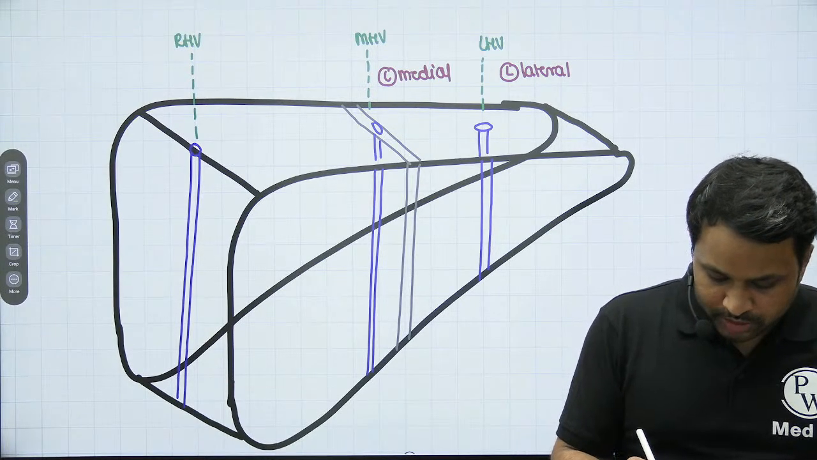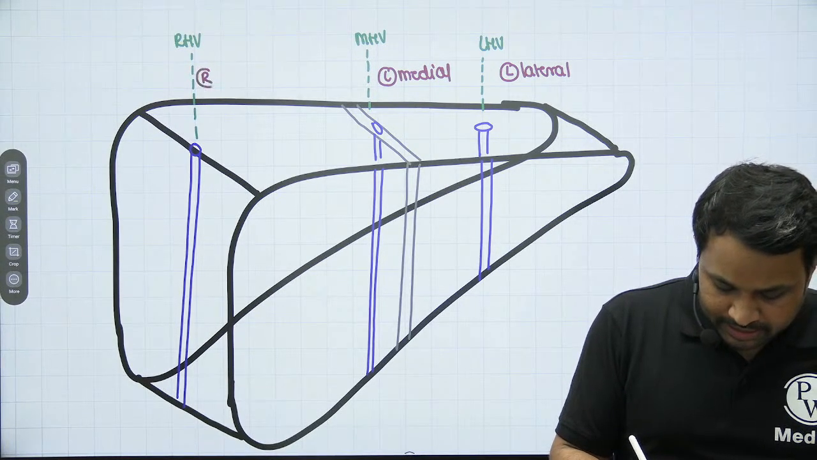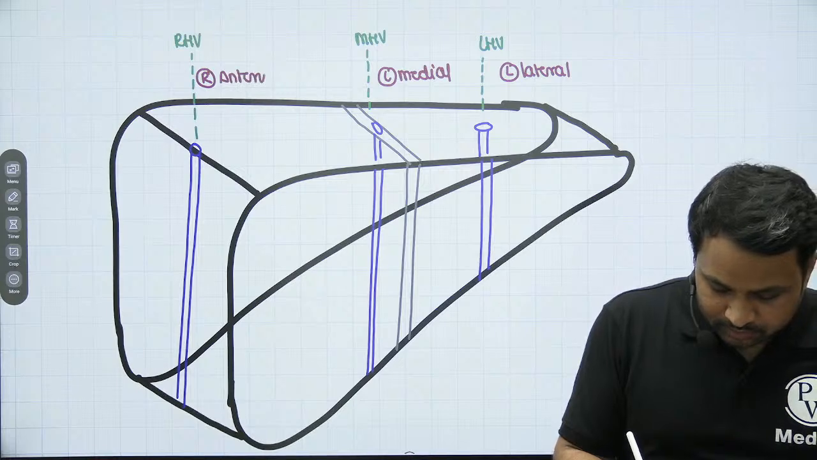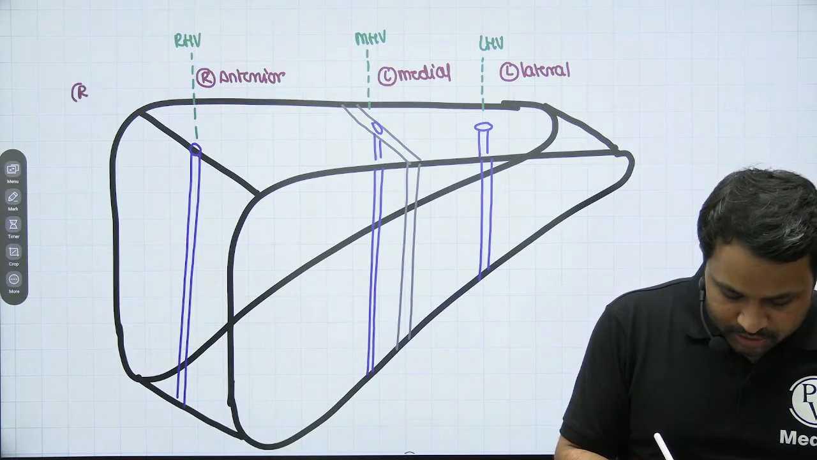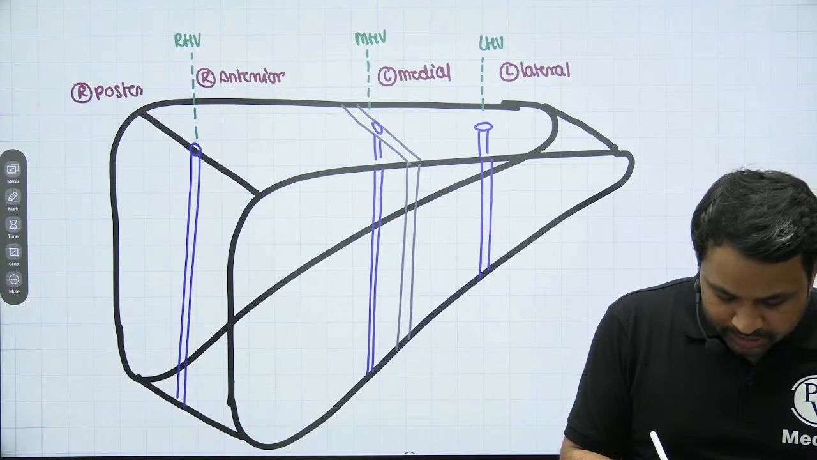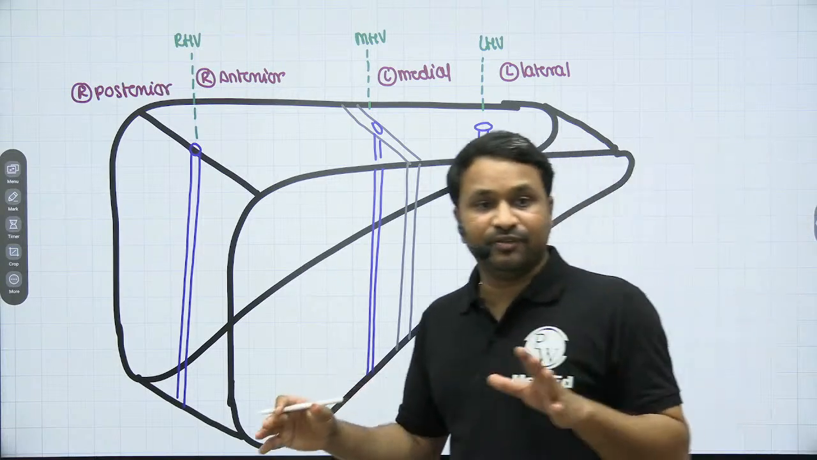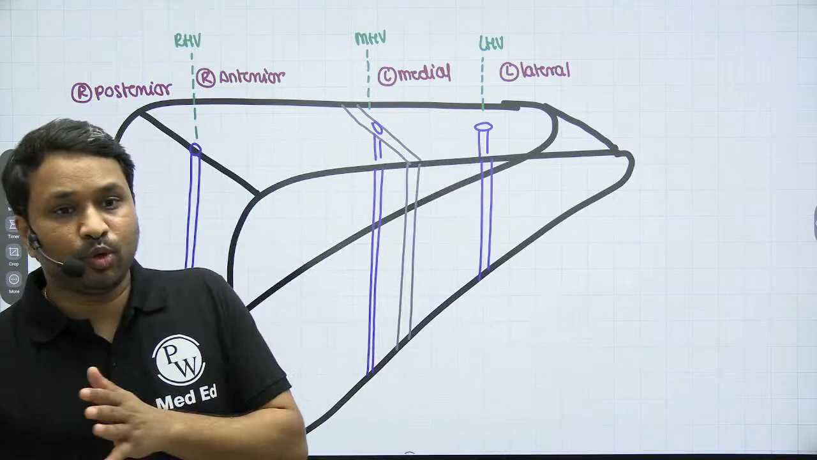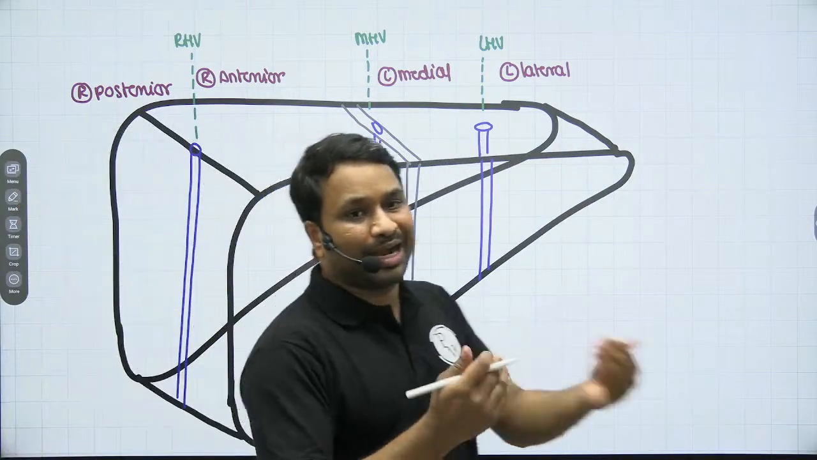तो अगर आप इसको इधर से देखोगे, ये आपका right anterior segment हो गया, और ये पीछे वाला right posterior segment हो गया। So if you look at this, the hepatic vein divides the liver into left जो है वो lateral medial में हो जाएगा, right जो वो anterior posterior में हो जाएगा।